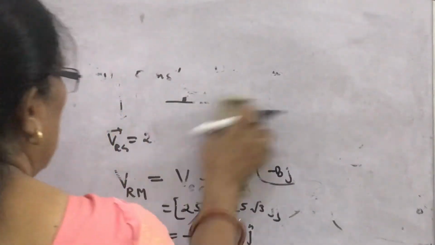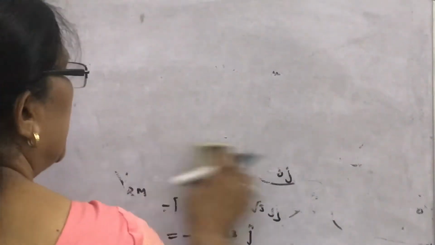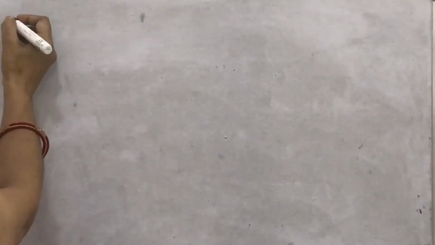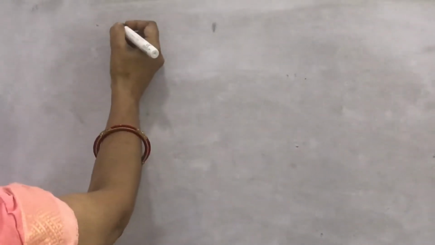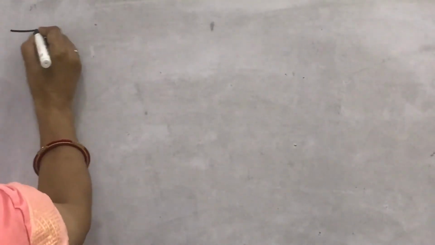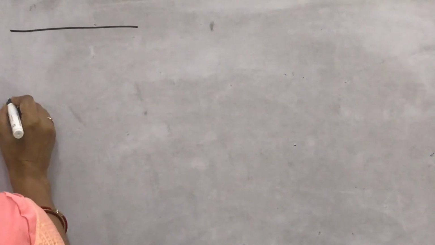Now, another example in which you can use the relative velocity concept, and the direction in which the swimmer is going to swim to cross the river. Look at how the example is. I am going to write the question. A man can swim with a speed of 4 km per hour in still water. I am reading the question, not writing the whole question.